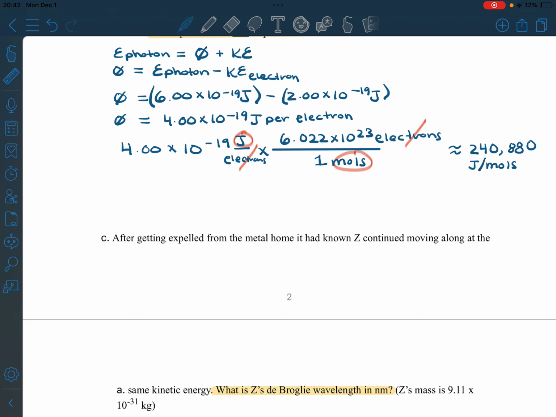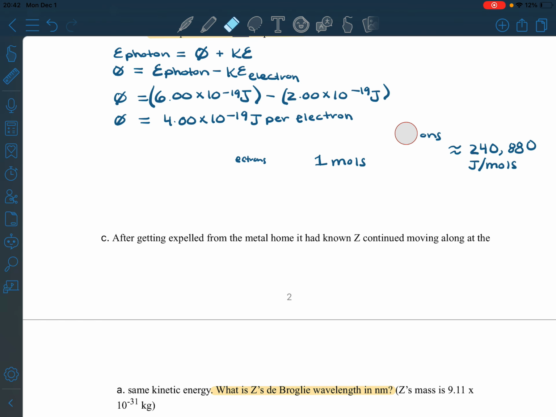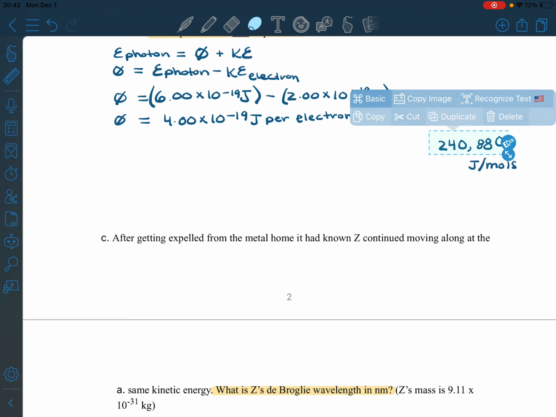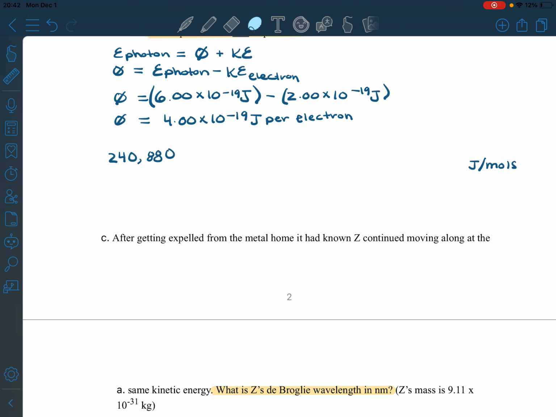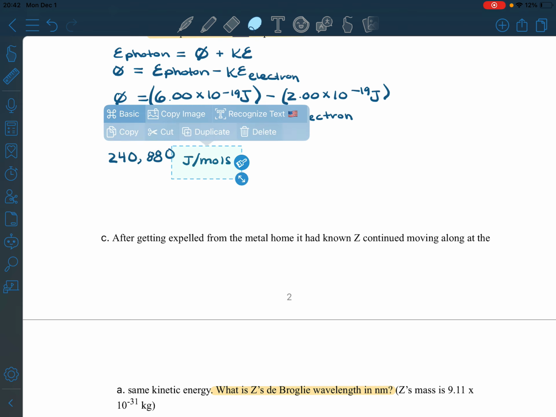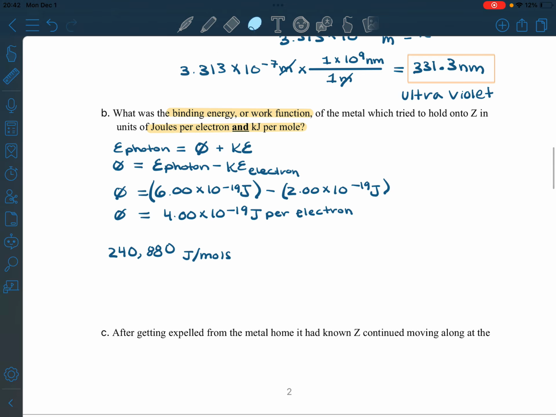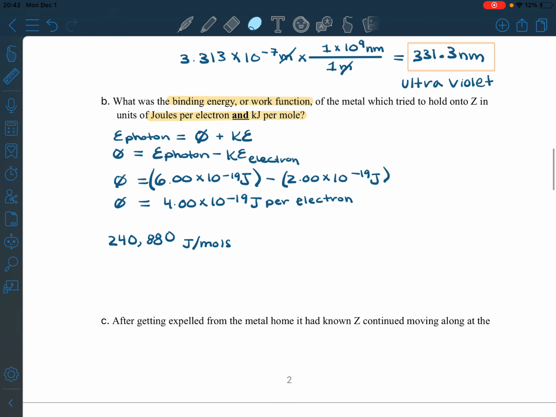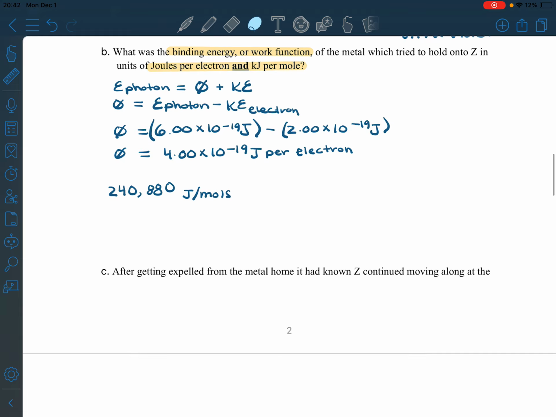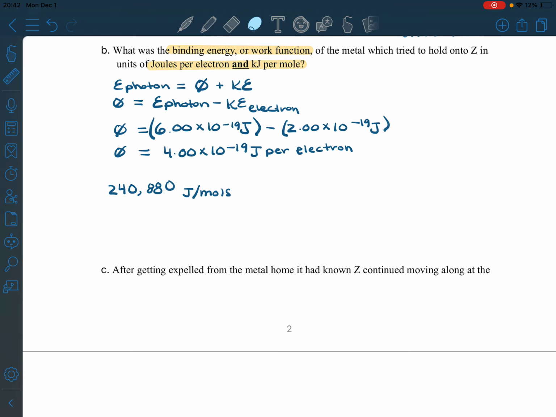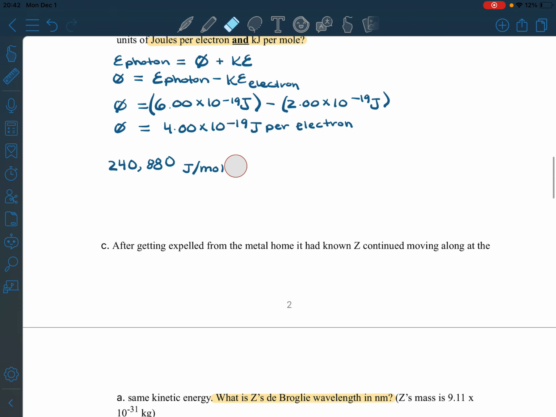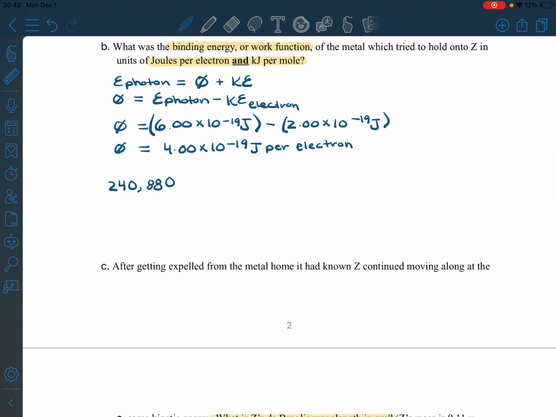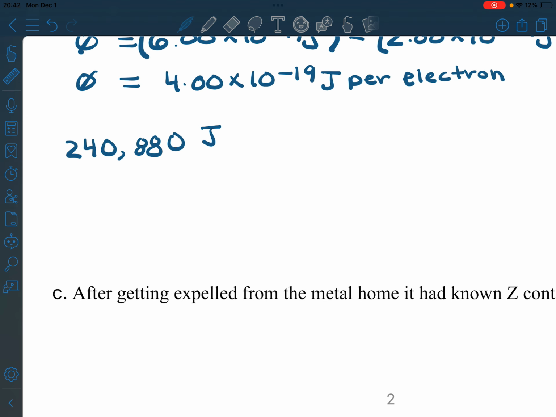Okay, so I'm going to go ahead and erase this. And I'm just going to write this over here so I have it. Okay, so this was the binding energy in units of, well, right now we're in joules per mole, but I now need to convert it into kilojoules per mole. So what I know is I have joules per mole on the top,